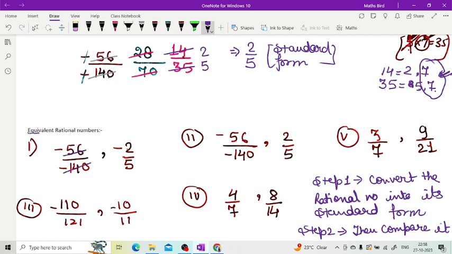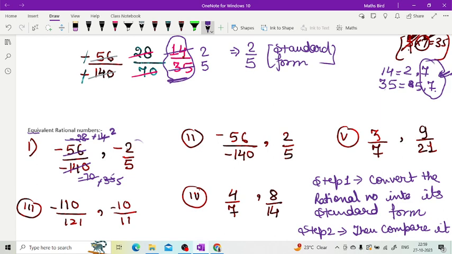So now let's find its standard form. It will be minus 28, it will be minus 70. Again when we cancel out, it will be minus 14, it will be minus 35. We have solved it, right? So it is minus 14 by 35. Minus minus will cancel out. It will be 2, it will be 5. Now minus 2 by 5 is already in standard form, right? Because is there any number by which 2 and 5 both are divisible? No, both are prime numbers.